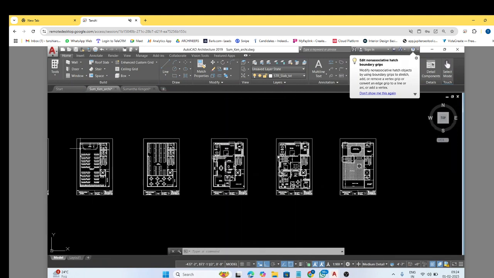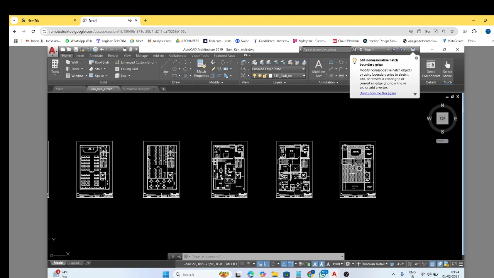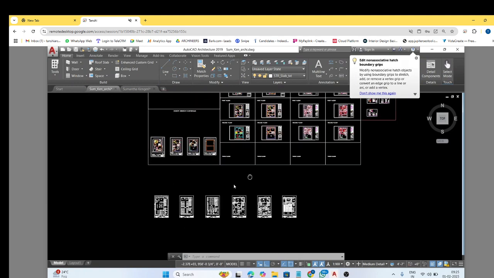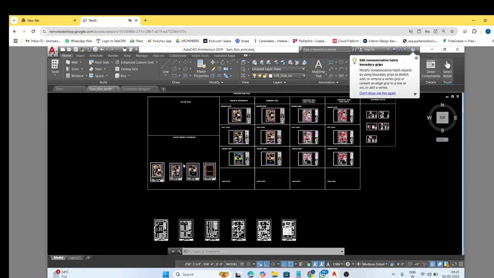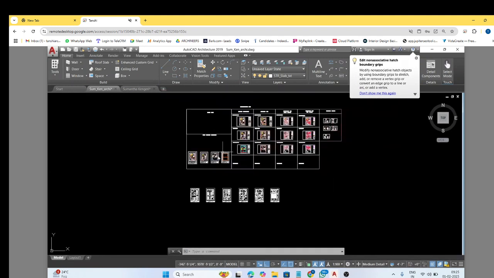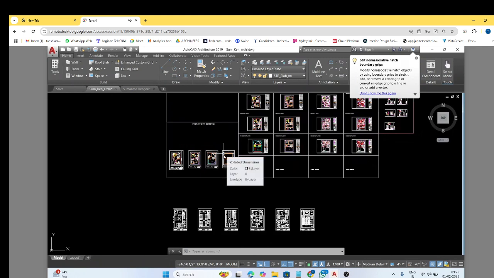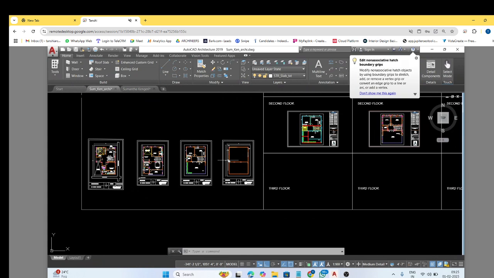So this floor plan we would have imported here. The previous steps to this are scaling the particular floor plan from the PDF and putting it in AutoCAD. And once all this process has been done, then we will have to do it in our format. So how we do it is, we'll take any of our previous files, the latest file in which we have worked. That particular file we'll take as a reference,